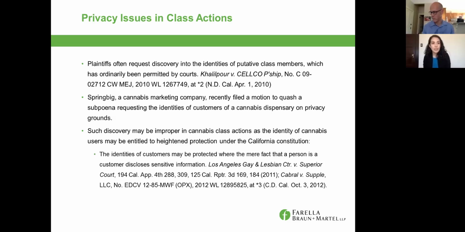Typically, that's okay in normal class actions. If you sue Walmart, saying that they overcharged for X item, they might ask for all people who have purchased this item at Walmart. In this case, if you are asked by plaintiffs for individuals who have frequented a cannabis dispensary